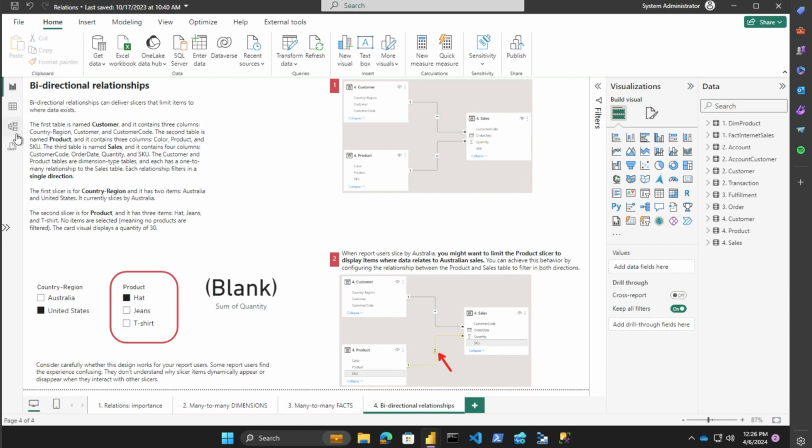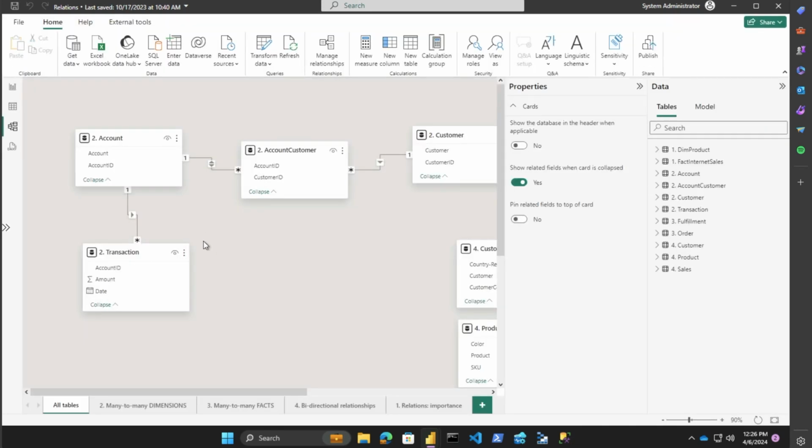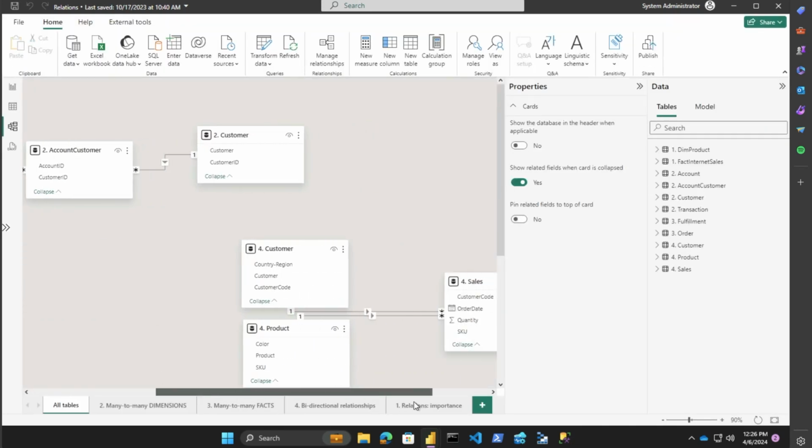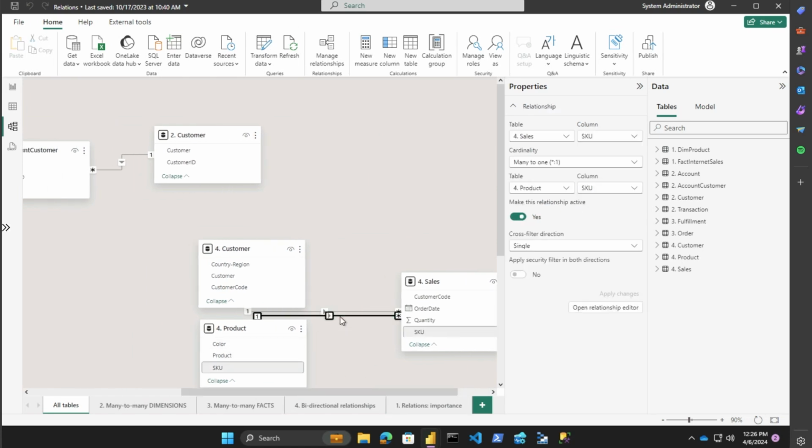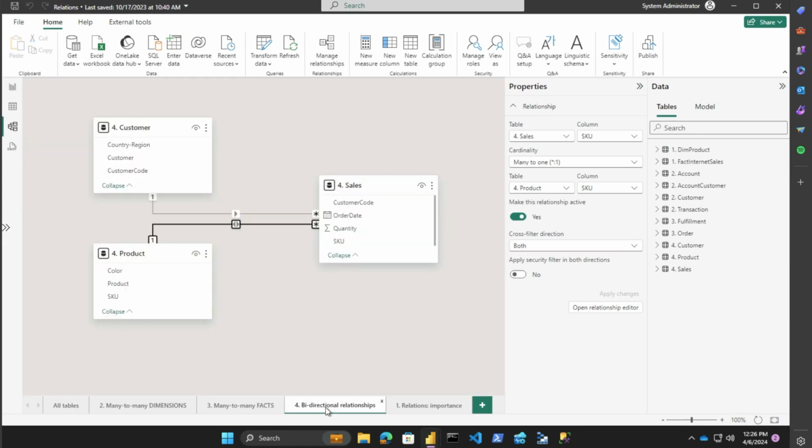So what we're going to do is go into the model view, and I'm going to highlight the relationship on the product table, change this cross filter direction to both, and apply the changes here. And this will create that bidirectional relationship. Happened really quick, by the way. But now when I go back into the report,